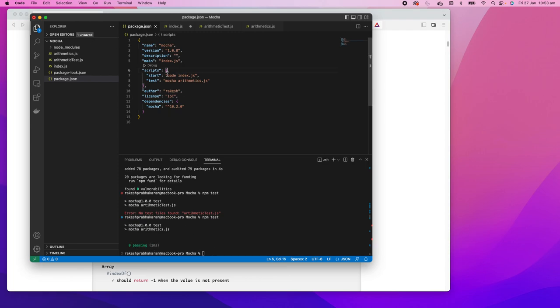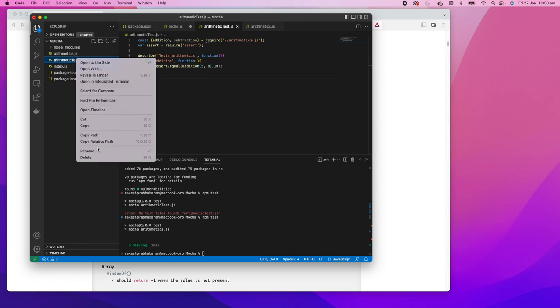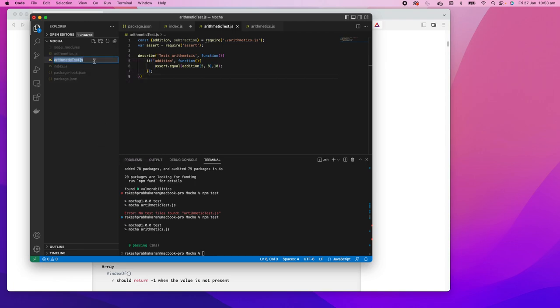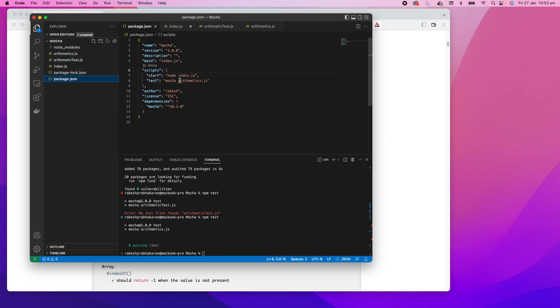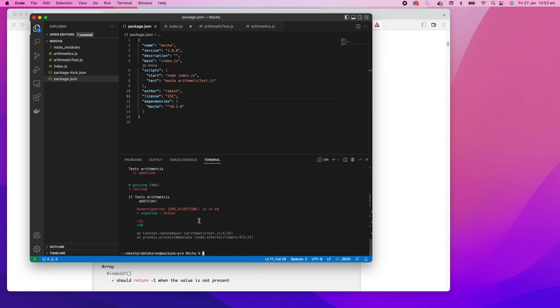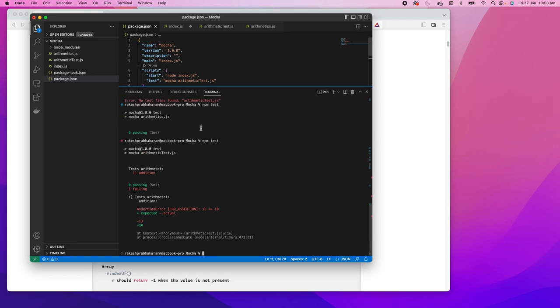Oh, mathematics, what happened? I copied the wrong file. Let me copy this, Mocha arithmetic test. Yeah, now you can see it ran the test